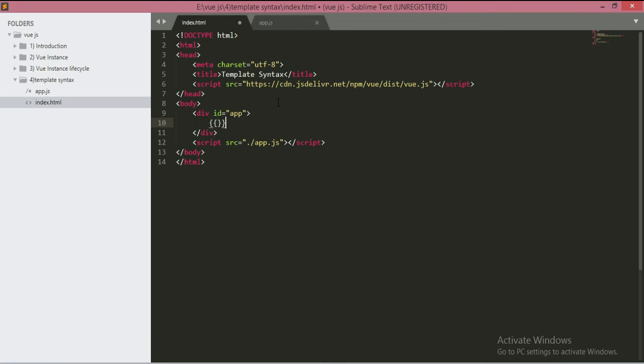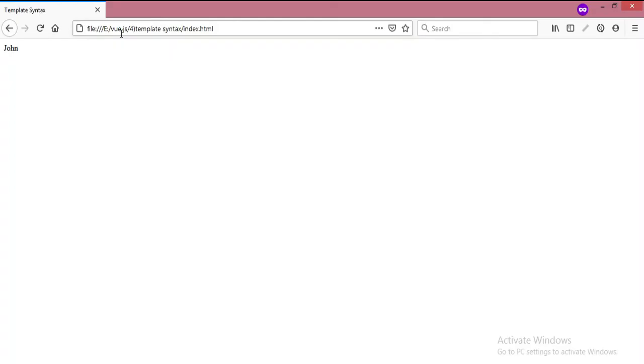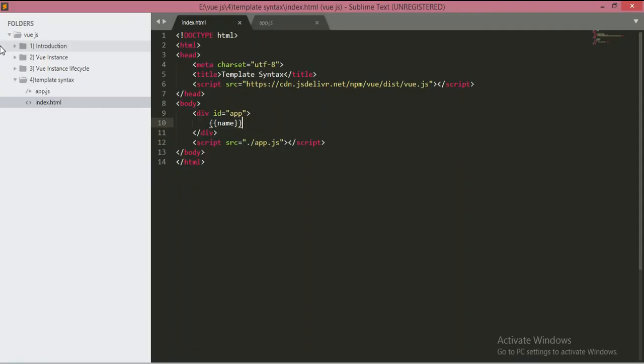So something like this. Okay, so let's run this application in our browser and see what we get. Okay, so as you can see we are getting this value as John, which is the value of the name property. Now within this double braces syntax we can print any property, or we can even call any method.